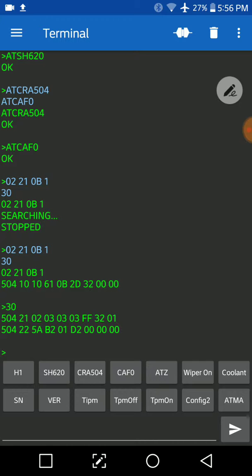But to see the changes, we have to change the bit that is used to let the vehicle know if the tire pressure monitoring system is enabled or disabled. That is done by this byte here, 2D. In your case it might be 6D or something else. And I'll show you